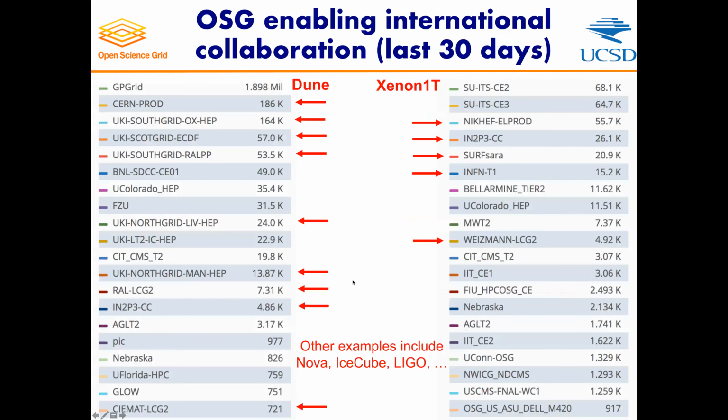Another example, and that I think maybe my last example, is again the international integration. What I'm showing you here is the compute time for Dune and Xenon 1 ton, and the arrows are all of the international partners. And so you can see both of these benefit from the international partners in significant ways, and OSG does all the integration. And a lot of these are international partners that already are working with the LHC community anyway. So the integration is actually kind of trivial. It just needs a little bit of coordination.